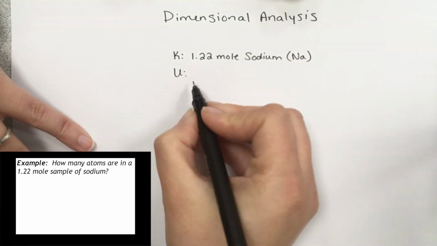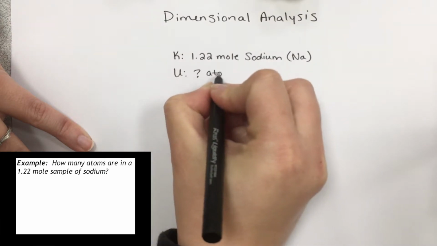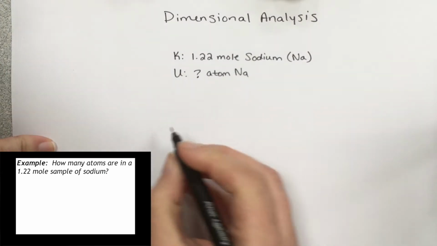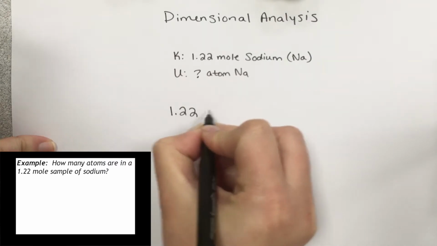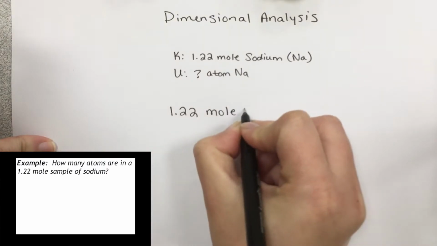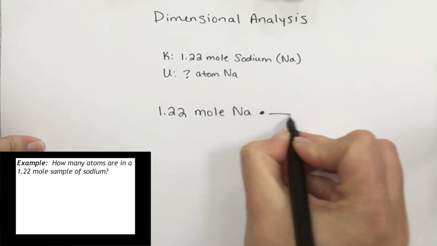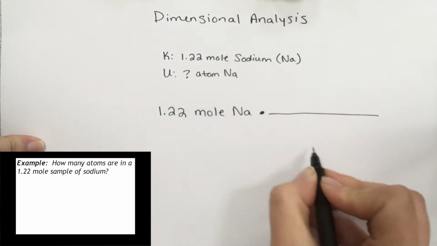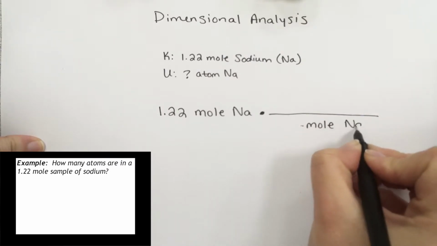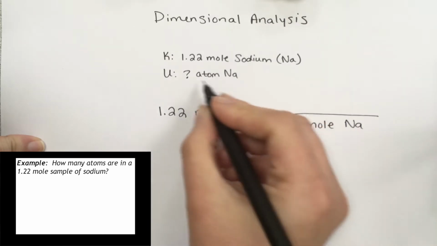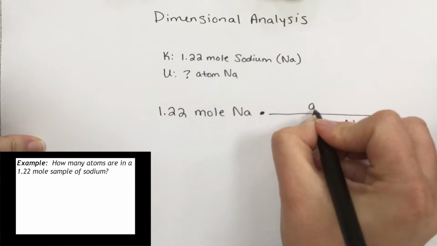Okay, and our unknown, it's asking how many atoms. So we don't know how many atoms of sodium, okay? Remember, we always started with our known. So it's 1.22 moles of sodium. That's our known, okay? And then we do the multiply, and we need to cancel out our known down here. So moles of sodium. Okay, and then up here is what we're trying to get to. So we are trying to get to atoms